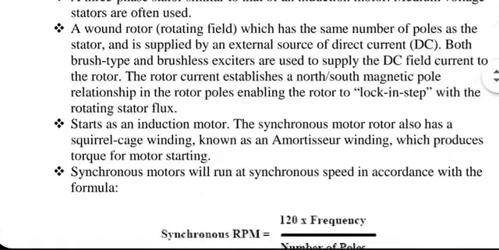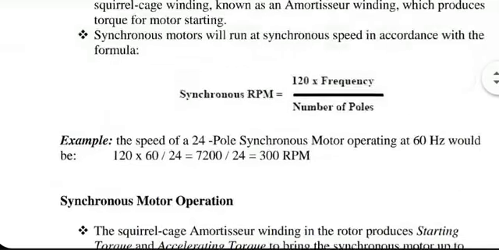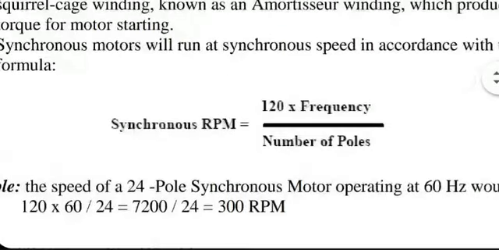The equivalent circuit of this machine can also be done. Here is the synchronous speed, 120 F divided by P. This is the speed you will get from the rotor once you have been able to get it started. F is the frequency at which you are supplying the three-phase input to the stator. P is the number of poles on the rotor, which is either salient poles or electromagnetically simulated poles.